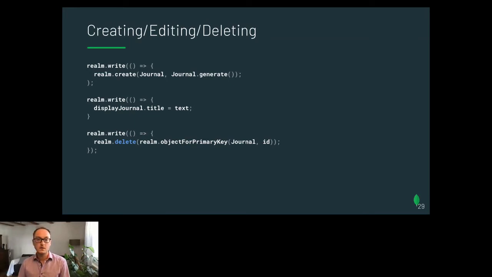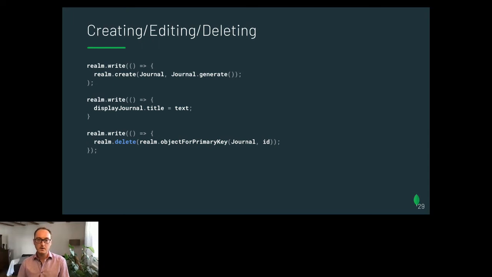So this is an example of how I would create something using that journal class. If I give this thing that journal class, it's going to actually already be typed for me, and I'm going to call that generate function. I could actually just give this a plain JavaScript object as well. And if I provide this journal in the front, then it'll start type checking whatever I'm providing as a second